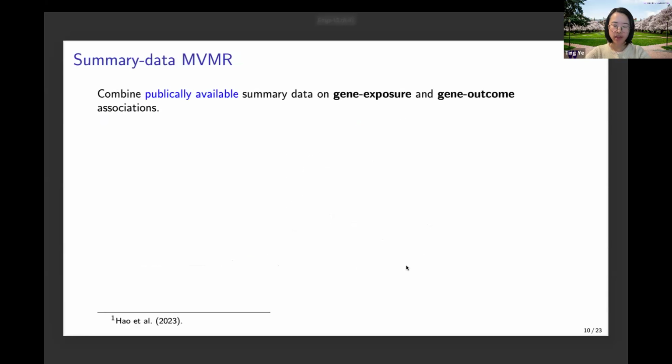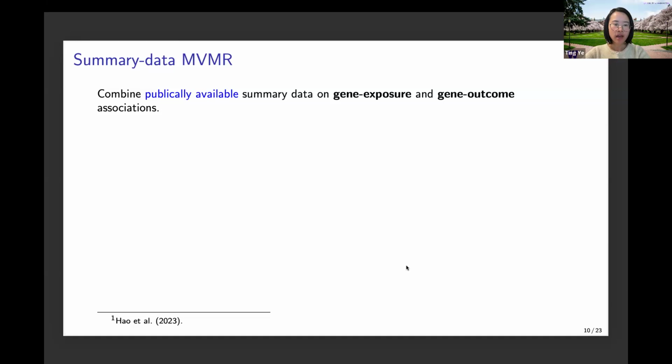And with this identification assumption, how are we going to leverage this to estimate the causal effect? So what is the data that we are going to use? The setting we consider is the summary data MVMR, and it basically combines publicly available summary data on gene-exposure and gene-outcome associations. And this is the most popular setting in Mendelian randomization because it's very, very convenient. You can download the summary data from a lot of large GWAS databases, such as the GWAS Catalog,